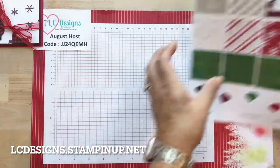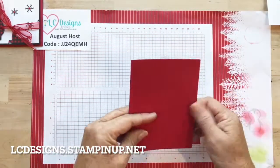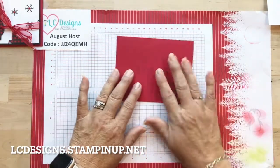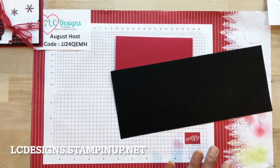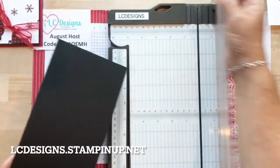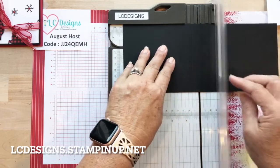So let's get started. I already cut my card base. So it's 8.5 by 5.5, folded in half. We're going to use a piece of basic black, which will be 5 1/4 by 4. So let's go 5 1/4